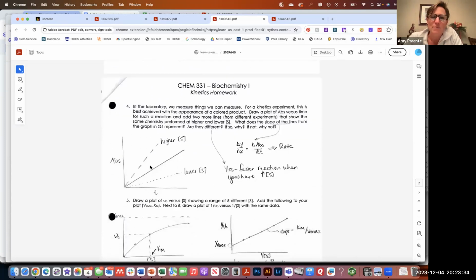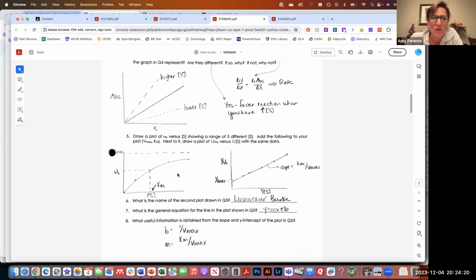Okay. In the laboratory, we measure things that we can measure, right? So we can often measure the change in concentration of either a substrate or a product. You can show that as concentration or as absorbance, knowing that Beer's law allows us to relate absorption and concentration in a linear way. We would predict higher substrate concentration here. If we're looking at the appearance of a product, higher substrate concentration would make that product appear faster versus lower substrate concentration. But the key is that the slope of this straight line, particularly if it's only linear in this early region, is going to give us the rate of the reaction, or V naught.